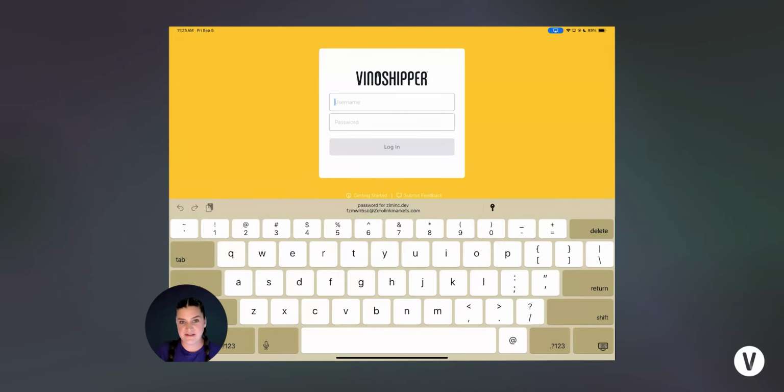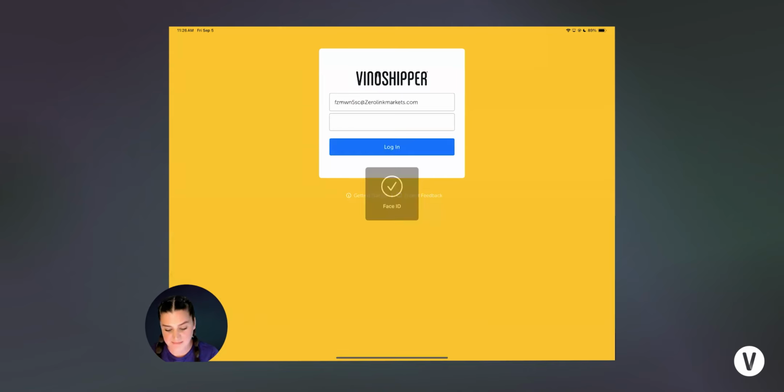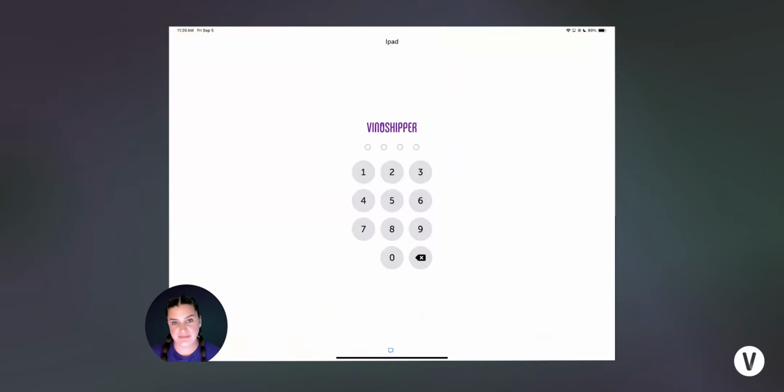So now I have opened the Vinoshipper POS on my iPad. I will need to log in. The first login is registering the device. And so you will need to use a username and password, the same that you would use for getting on the online platform. You won't have to do this every time. From here, once you've logged in, you will be able to use that 4-digit PIN for your team members. So I log in with my PIN,